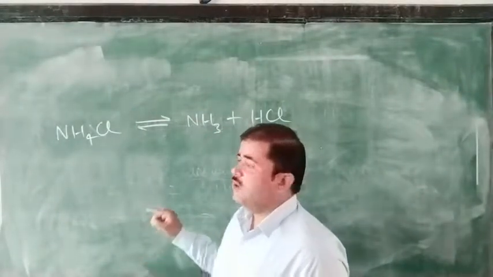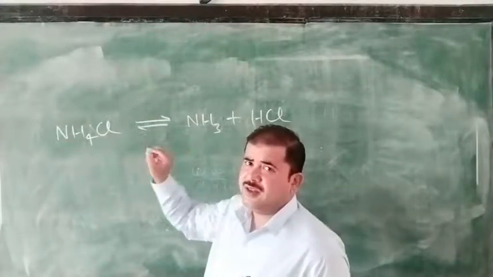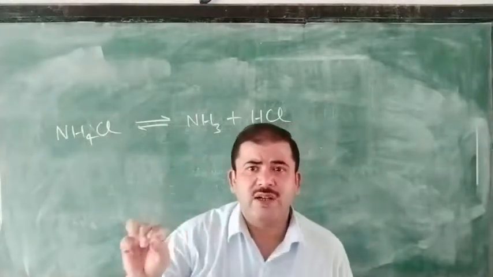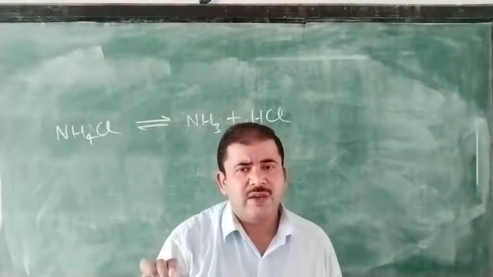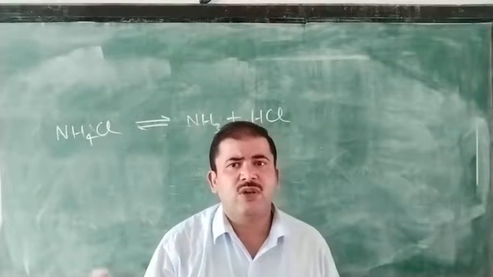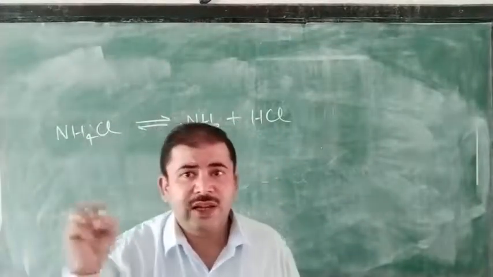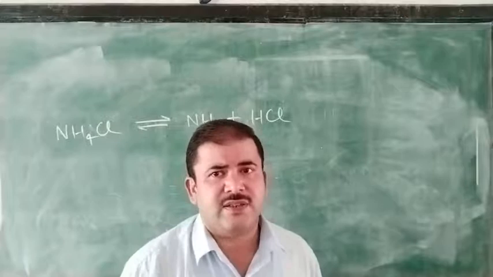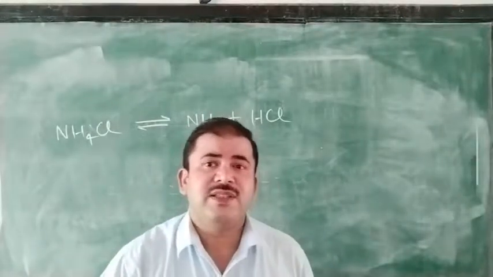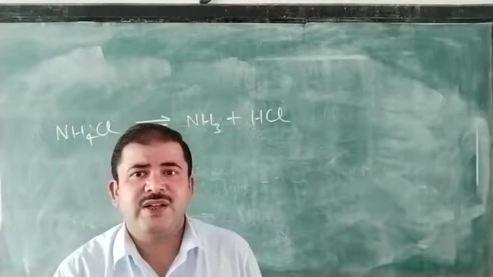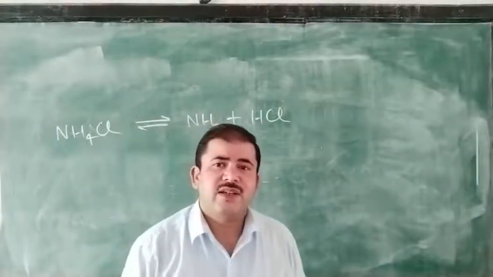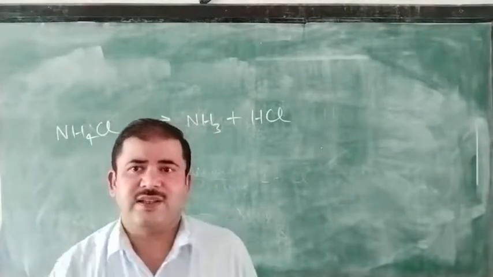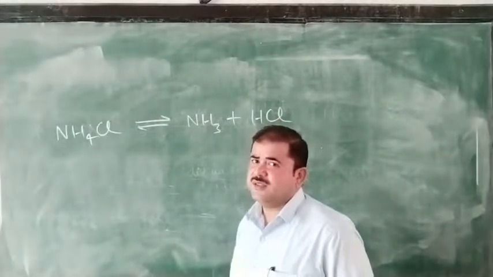And if an irreversible sign is present in a decomposition reaction, you will say thermal decomposition reaction. So in any chemical reaction, if one substance breaks down into two or more substances, and an irreversible sign is present, you will say thermal decomposition reaction. And if a reversible sign is present, meaning one substance breaks down into two or more substances with a reversible sign, you will say thermal dissociation reaction. So this is the example of a thermal dissociation reaction.